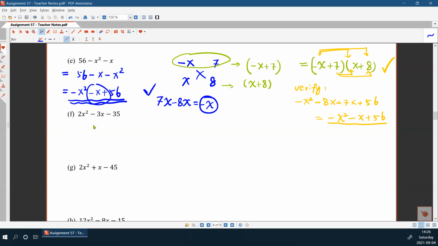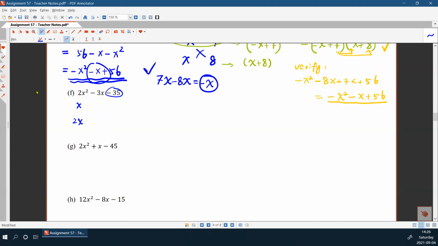Next one, 2x squared can be factored to x and 2x, right? Because x by 2x is 2x squared. And then we need to factor this number, minus 35. Okay, minus 35. We can try 5 by 7, right? So if we put a 5 here, 7 here, and we also need to decide the position of the negative